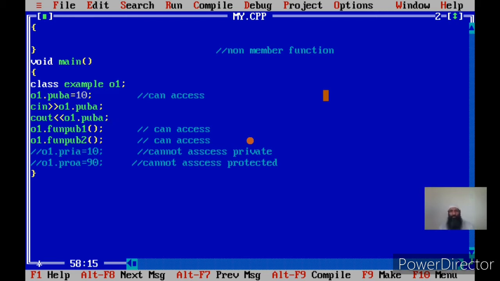It's not like that. The dot operator is simply used to give a unique name to the data member or function member. Once the unique name is given, then whether that member can be accessed or not will be determined by whether you are making the access in a member function or a non-member function.